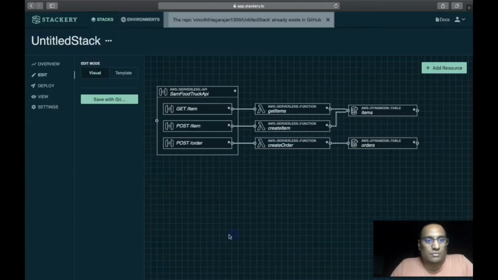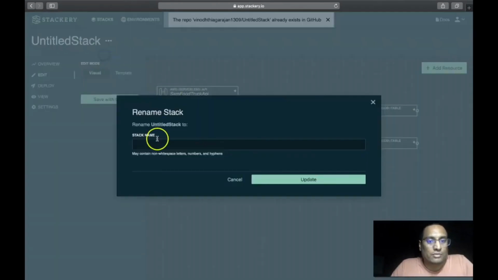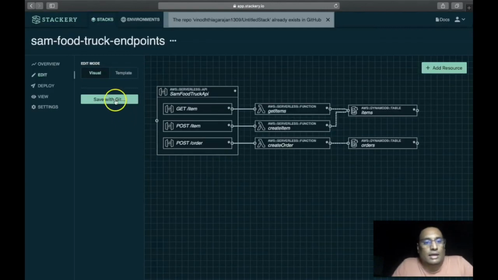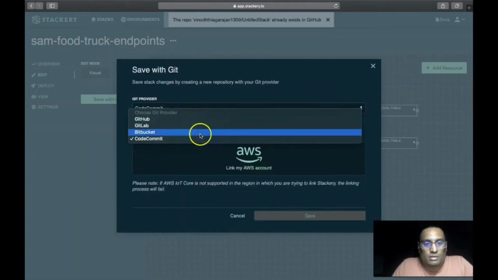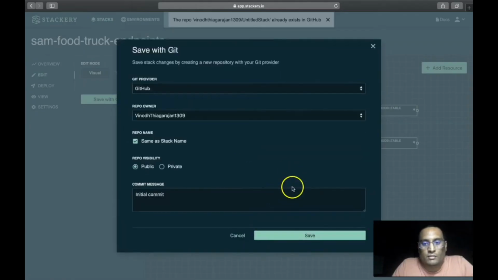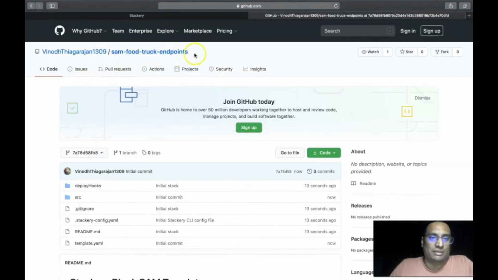Okay, I have a name. I need to rename this. Rename to SAM Food Truck Endpoints. Update it and save it. So GitHub again. And saving it. If I now go back to the revision, you can see the repository has been created in